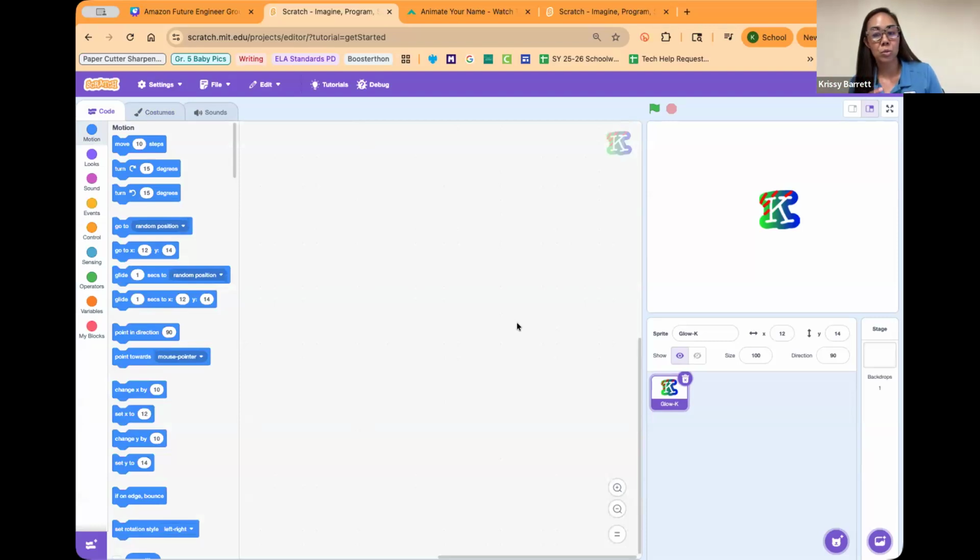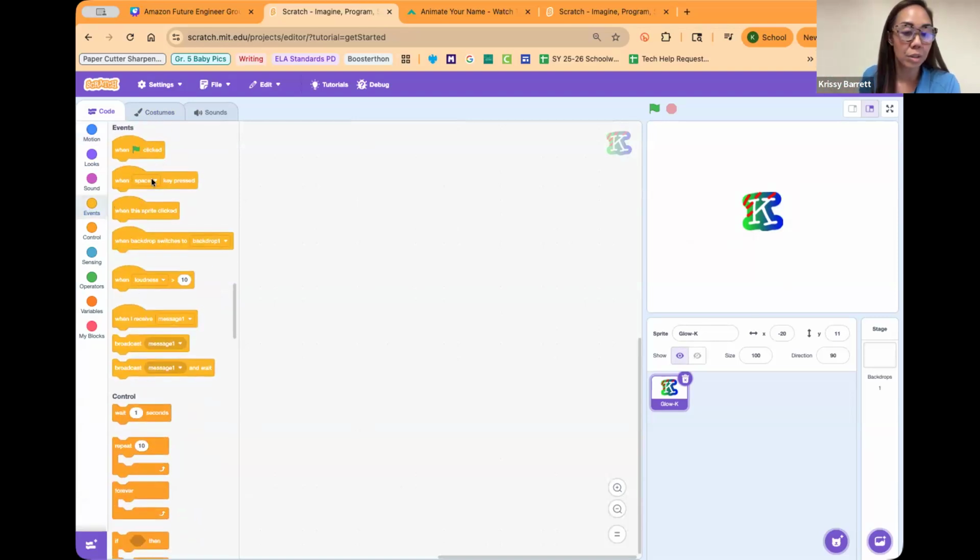Now we are going to actually learn to animate the letter to make it move and to make it autonomously do things on its own. So this is where we go over kind of like how do we make it start, because we need a trigger or an event block. So we go to events and we have all these different options. So when I start teaching, we always just start with the when green flag clicked, because that's saying that when I click the green flag, my event, that's going to trigger my code to begin. So we do that. And then today I'll just teach a simple glide.